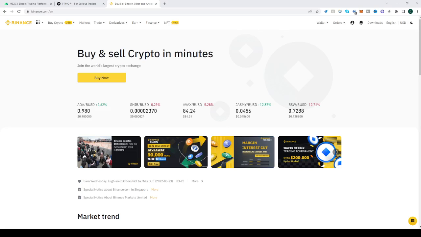Hello and welcome everybody. In today's video, I'll be showing you how to deposit BNB into your Metamask wallet